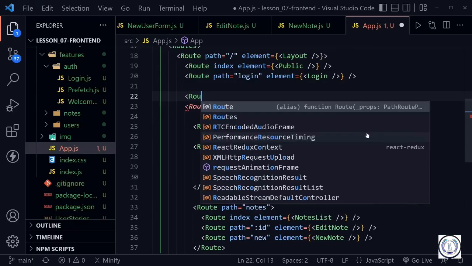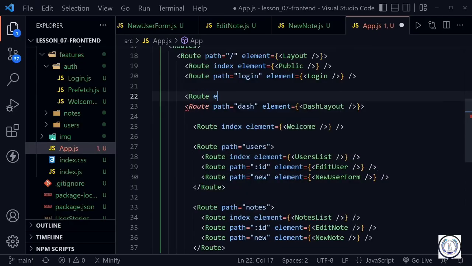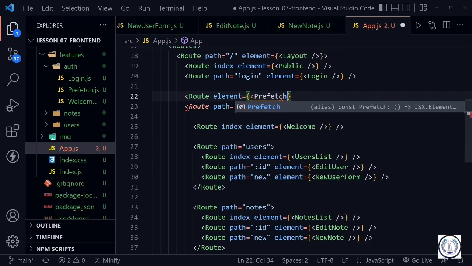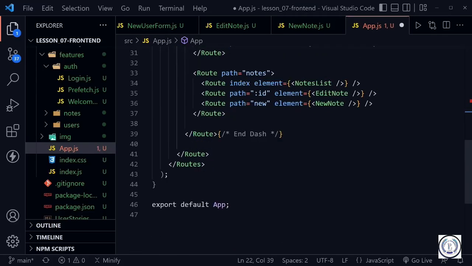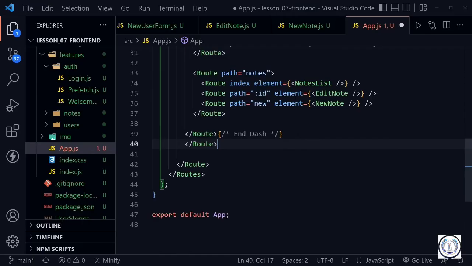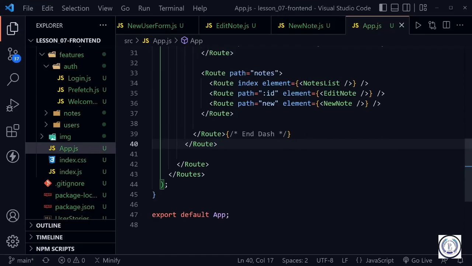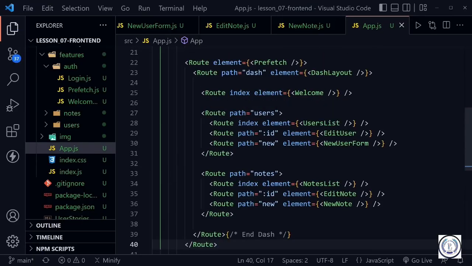So here we'll have a Route, and then we'll have an element. We do not need a path for this. And inside of that, we will put our Prefetch component. And once we have that, we can go ahead and close this, because we will want a closing Route, and we do not want this to close out until after the end of the dash. And once we've done that, we have now prefetched that data for notes and users for this whole area of